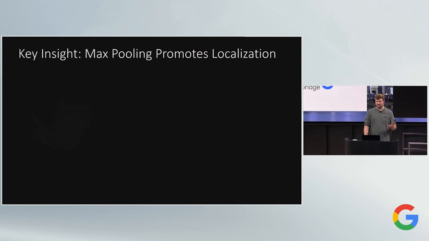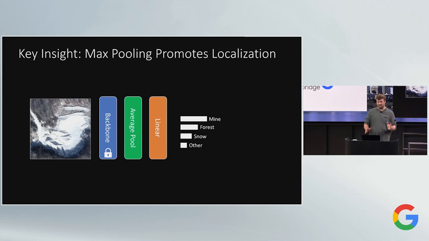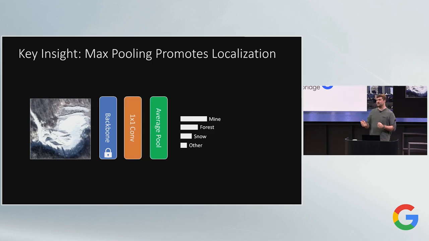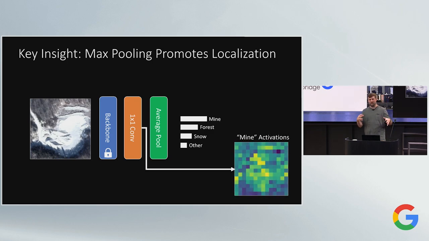So here, I'm going to take a brief detour and just show you a simple land cover classifier from a previous project we've done. It's like a big, fat transformer backbone. It average pools those spatial features together, does a linear prediction, and spits out some classes. Ordinarily, as vision researchers, when you want to see what the network is looking at, you swap the average pool and the linear layer. This is a no-op. It's the same exact mathematical operation. But now you can look at the predictions after that one-by-one convolution, aka a linear layer,